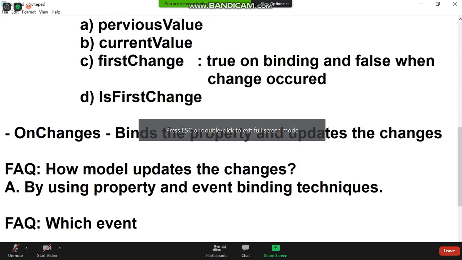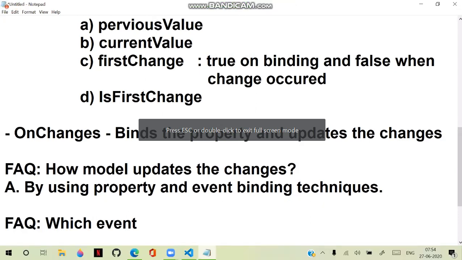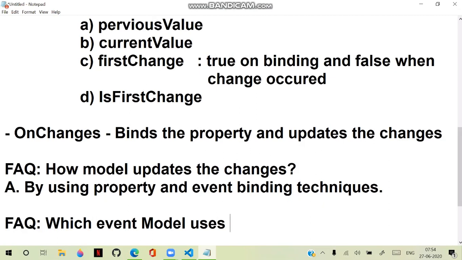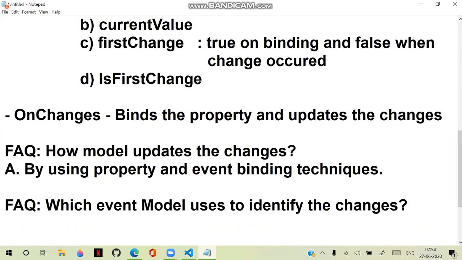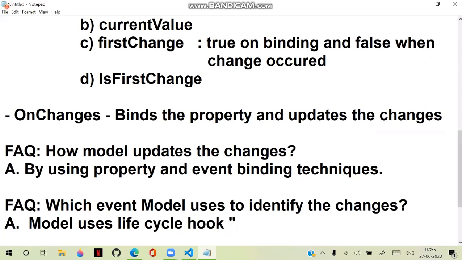Which event model uses to identify the changes? For this we need to answer that the model uses the life cycle hook ngOnChanges. So it uses the life cycle hook ngOnChanges